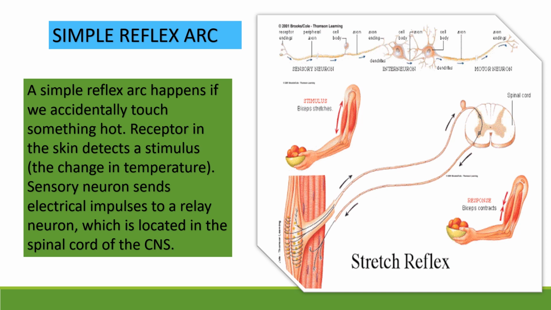Simple reflex arcs are examples from our everyday life. Just now we said that a knee jerk is a simple reflex arc. Touching a hot object is also one. I have given one more example of a simple reflex arc, that is stretching of muscle. You see here the same thing is happening. This is the sensory neuron, this is the motor neuron, this is the spinal cord. The excitement is converted into a response and it comes back. So this is another example of a simple reflex arc.